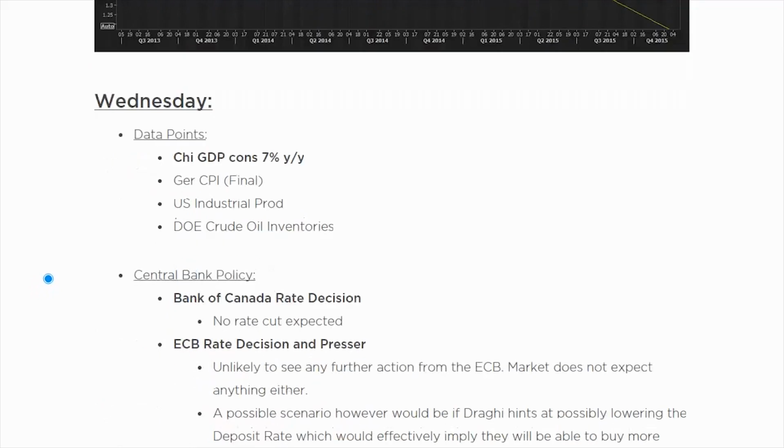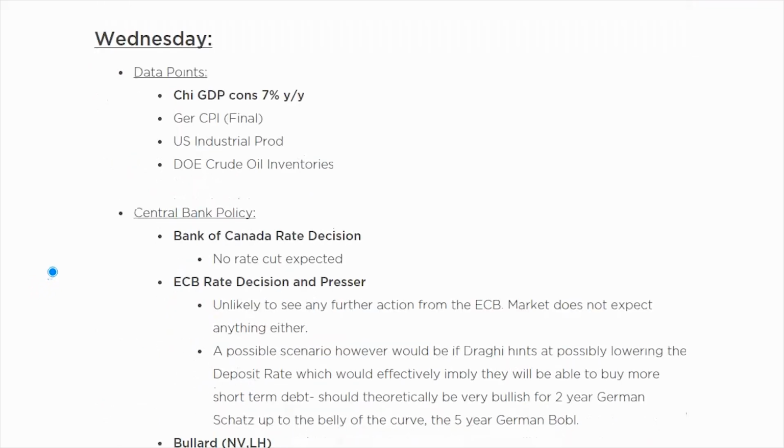Wednesday, data point front, we've got early in the morning Chinese GDP. Consensus is at 7% year on year. So that is bang on the level that most economists, most analysts are looking at. Even the PBOC, the government, they're going to be looking at this level quite keenly. So if we do start printing at levels below 7%, that is going to spark some fears